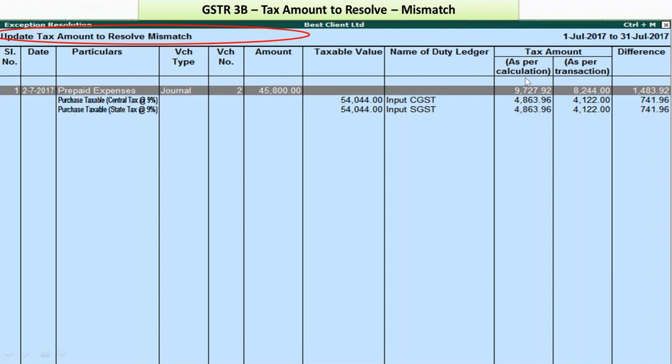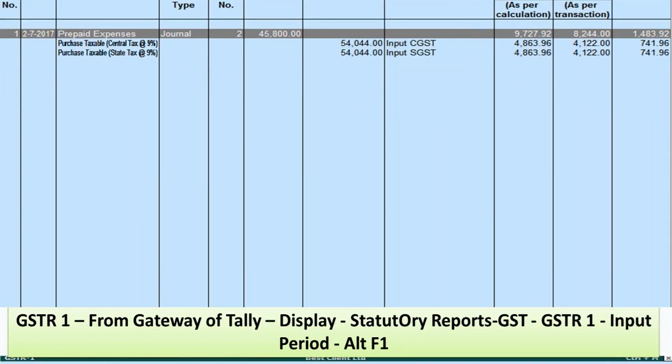As I said, there could be overriding. So it is also showing me the difference: how much should be as per calculation, and how much is as per the actually entered figure. Now this is the difference. So we can ask the team to check the physical voucher, cross verify and see what is the correct amount, and then resolve it and move further so that the return is proper.